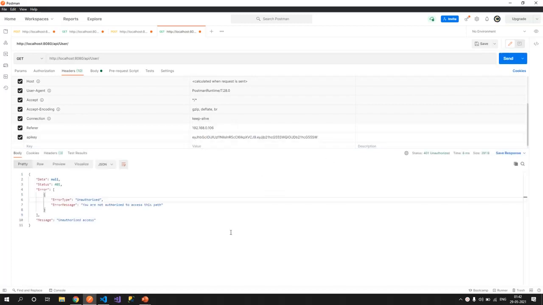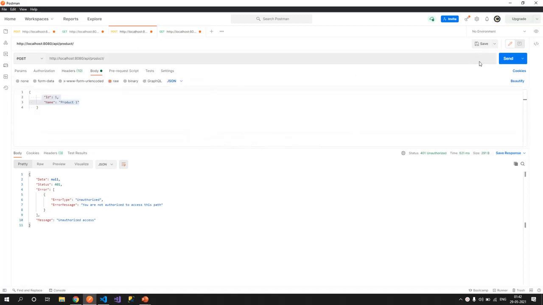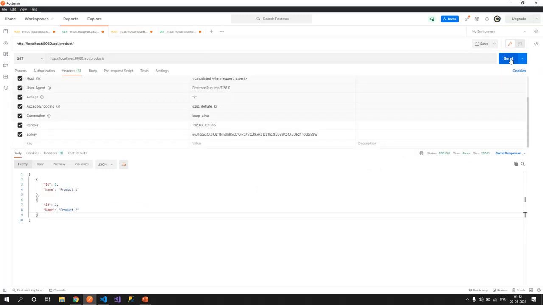Now I have done a mischief only with the payload, not with the signature. So it is not validating the signature, even if my existing token is actually valid for some time. So if you see, this is still unauthorized.